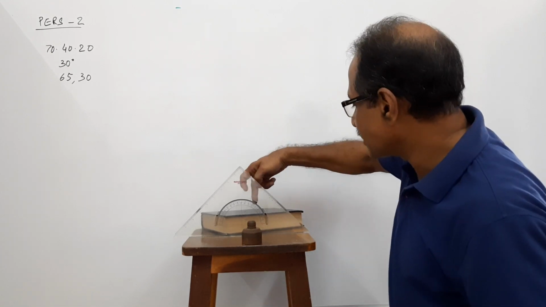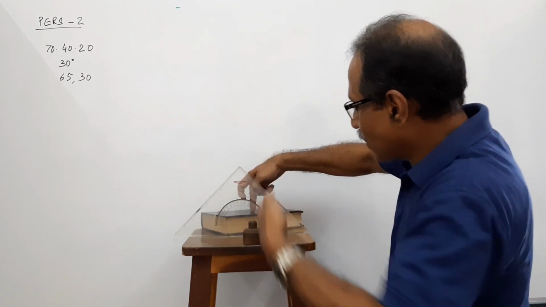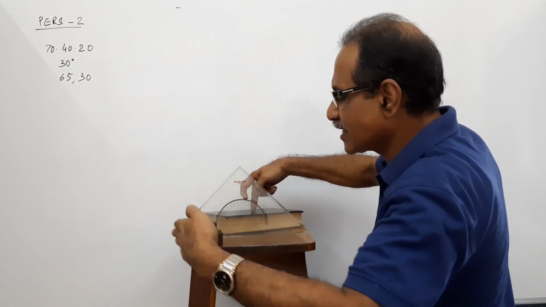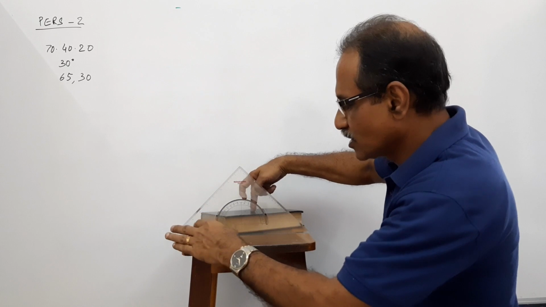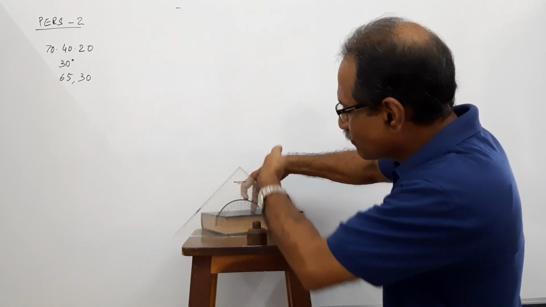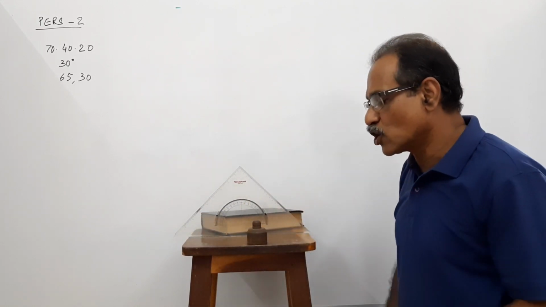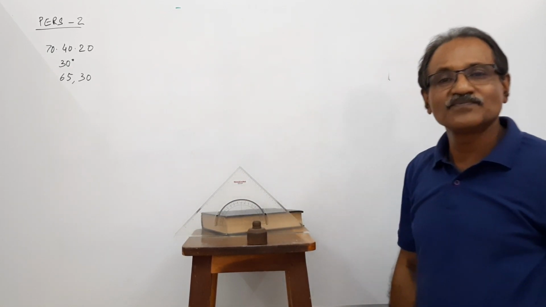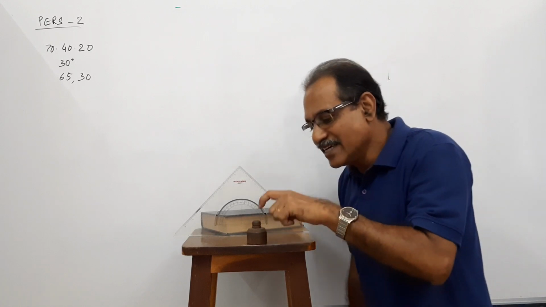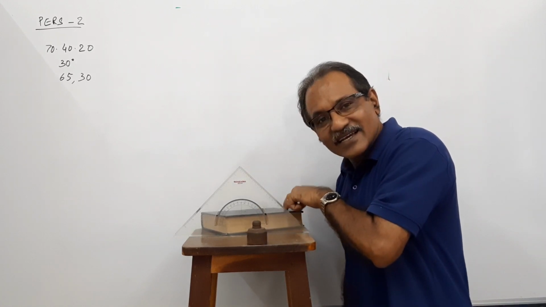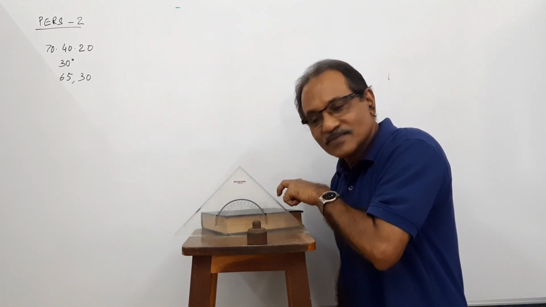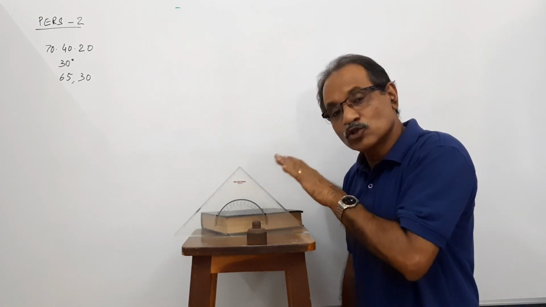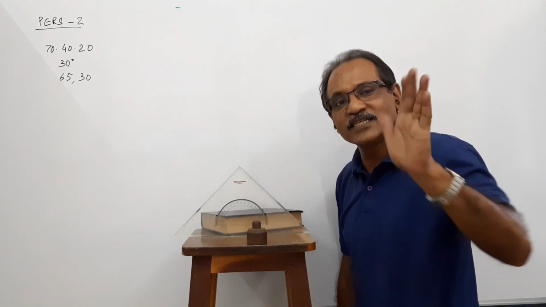Where is the center of the box? Center of the box is here. So the central plane passes through center of the box. He is not standing here. If he is standing here, central plane is not passing through the center of the box. He is standing here so that the central plane passes through center of the box. You are asked to draw what this man sees of the box. Agreed? Whatever he sees when he looks at this box is to be drawn.